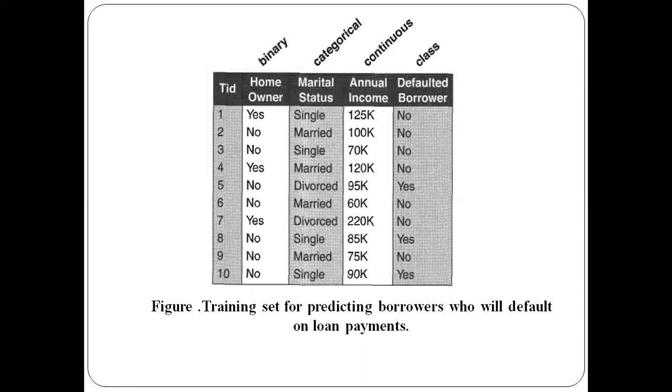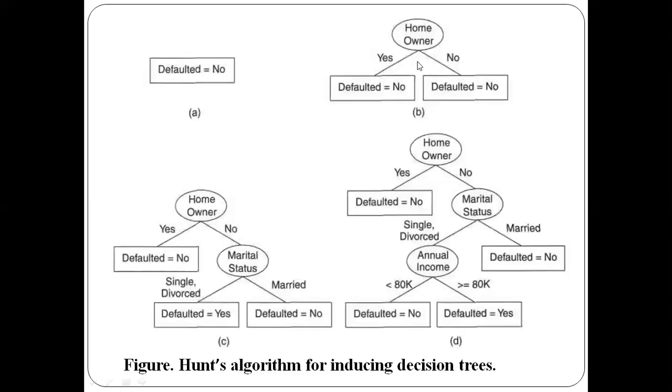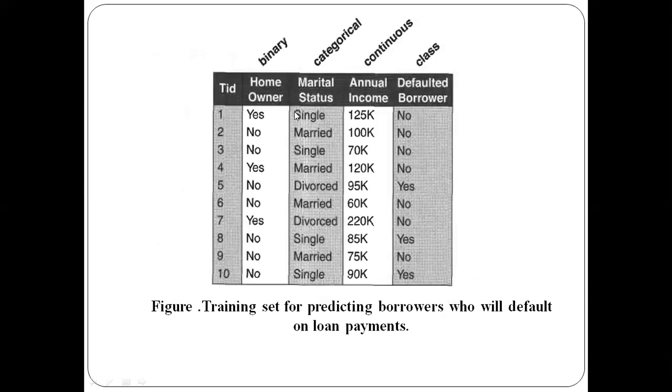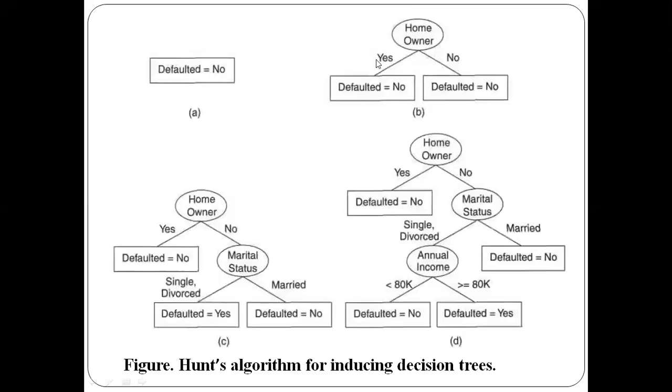Okay, so those people have not cheated, so their class label has been assigned as no. So what we have done is, for the homeowners who have got their own home, that class label is no. Those who have got the home loan must be assigned S here. For them, the class label assigned is defaulted equal to no. Okay, so now see this part.